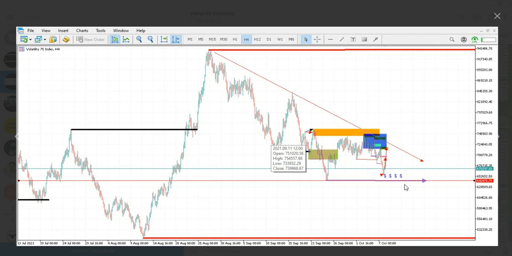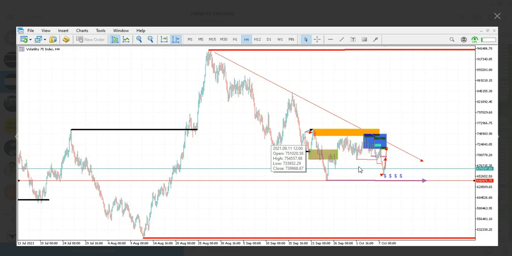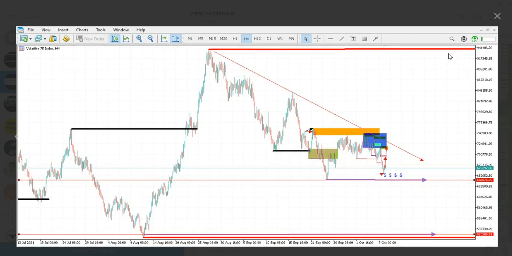and then going back to H4, we expect to enter here for a sell. Then this will be our take profit one. Why take profit one? Because there's money below here on M15. So this here will be our take profit one, 642876.75, and then this will be our take profit 2520306.81,